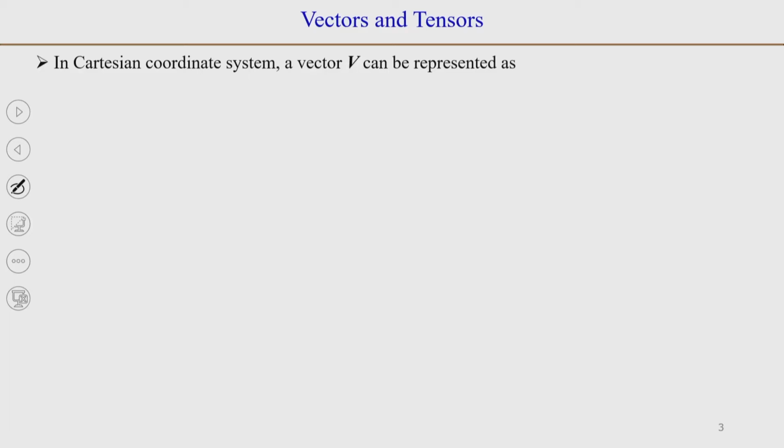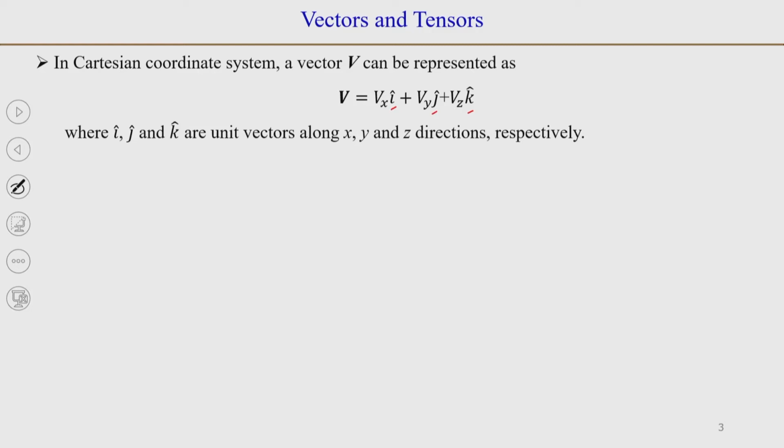Okay. So, if we take a Cartesian coordinate system, which means x, y and z directions, 1 is x, 2 is y and 3 is z. So, this vector can be represented as v x i plus v y j plus v z k. We are familiar with these notations i, j and k. They are unit vectors along directions x, y and z. In some books, you might find these directions being represented as e x, e y, e z.